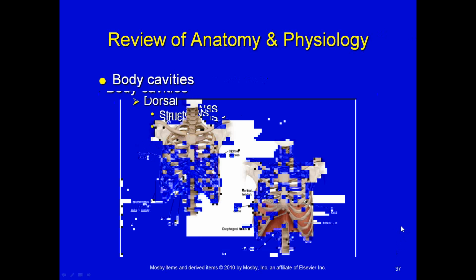The thoracic cavity is bordered by the clavicles at the top and the diaphragm at the bottom. Below the diaphragm is the abdominal cavity, and we've all learned over the years that we divide the abdominal cavity into 4 quadrants: the right upper quadrant, the right lower quadrant, the left upper quadrant, and the left lower quadrant. The reason that we divide the abdomen into quadrants is that if a person has pain and we can isolate where the pain is in the abdomen, it might give us an idea of what organ